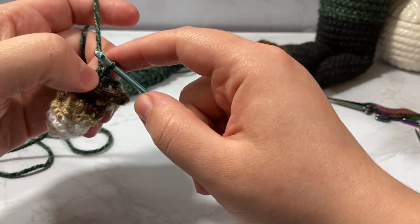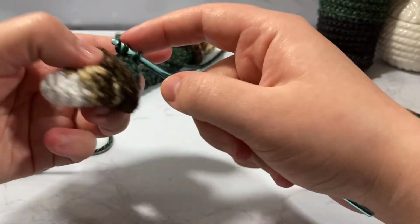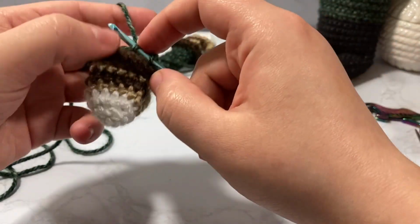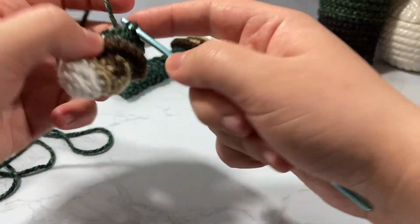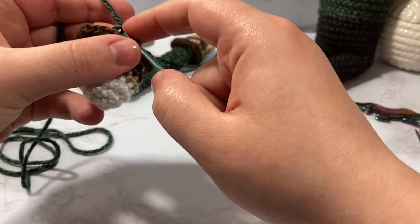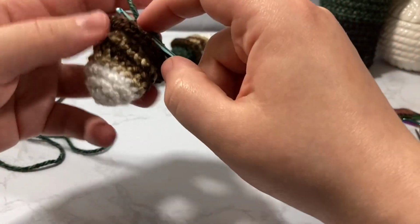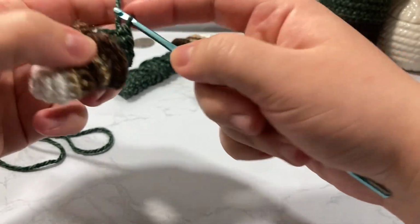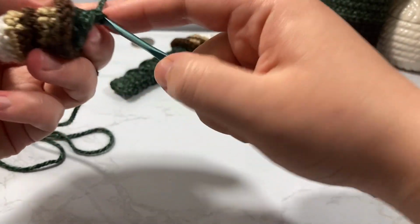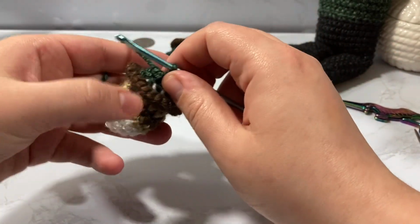So in order to do that, I single crochet 1, 2, 3, 4, and then decrease these two together. 1, 2, 3, 4. Decrease together. Now that was row 10, and now for rows 11 through 20 we are going to just single